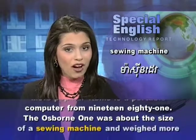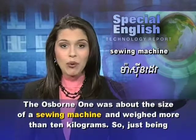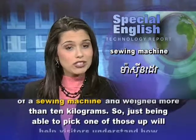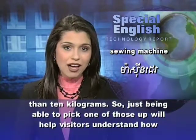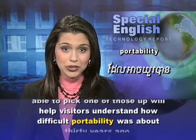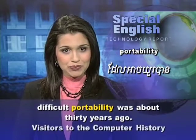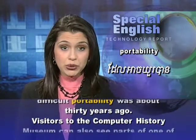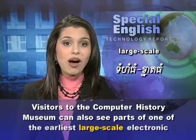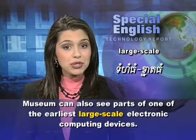The Osborne 1 was about the size of a sewing machine and weighed more than 10 kilograms. So, just being able to pick one of those up will help visitors understand how difficult portability was about 30 years ago. Visitors to the Computer History Museum can also see parts of one of the earliest large-scale electronic computing